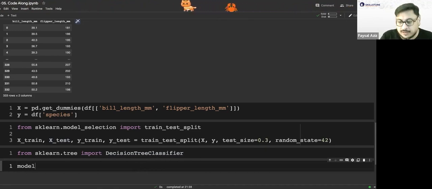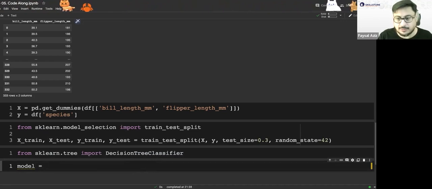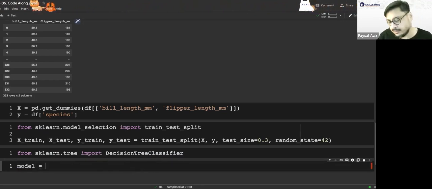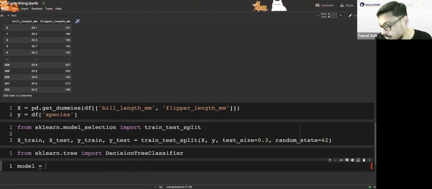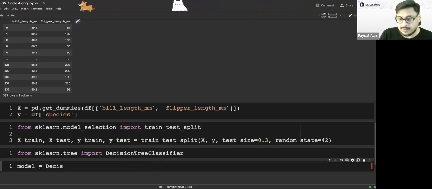And I'm going to make a variable, which in Python lingo we call a model object. It's just a variable, but Python is an object-oriented language, so everything is an object. So this model object will have a DecisionTreeClassifier.